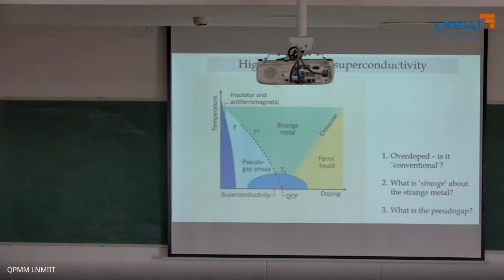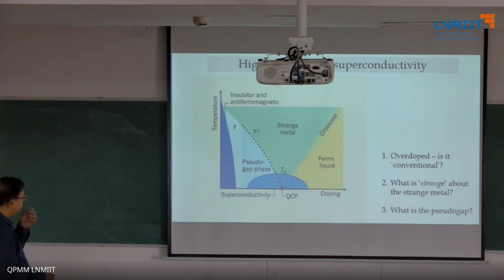The reason that it never got solved and it was dumped after maybe 20 years of research is this greenish region, which made people discard all the theories, because you should know what the metallic state is, and if you don't know the metallic state, then you don't know what the starting point is, and if you don't know the starting point, no theory can ever see the light of day. And so this is a strange metal, which means it's not a Fermi liquid. And if it's not a Fermi liquid, you don't know what kind of phase it is at this optimal doping or at lower doping. So it was very difficult to write down a theory for that.